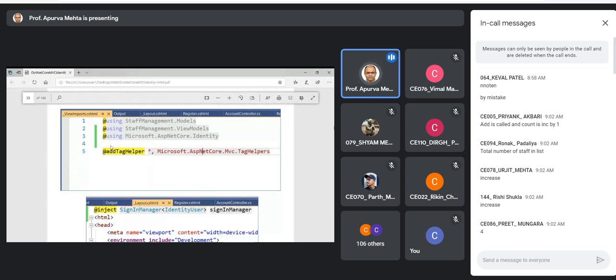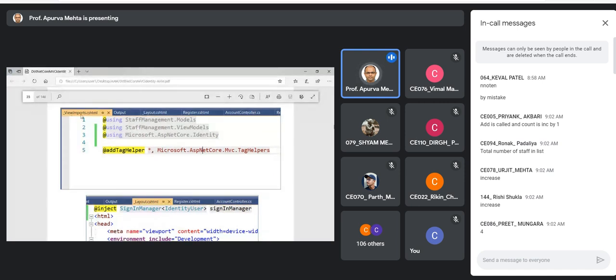So here, what I'm doing is, in the view import file, I'm adding the identity namespace because I want to use its classes. Why do I need the classes of identity user? Because I need to know whether the user is logged in or signed in or not. That sign-in service is available with SignInManager, which takes the identity user class.